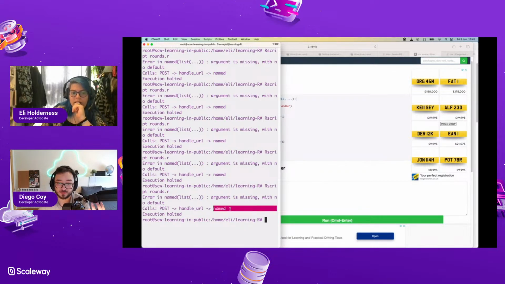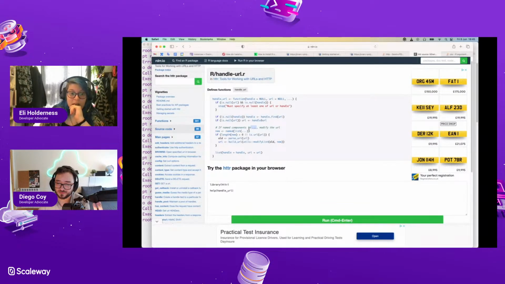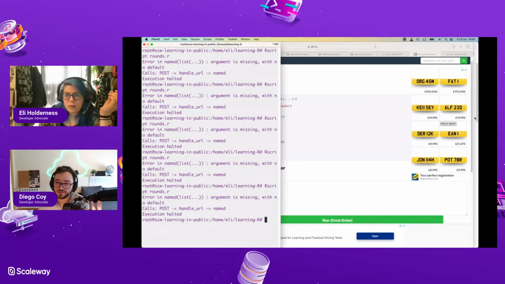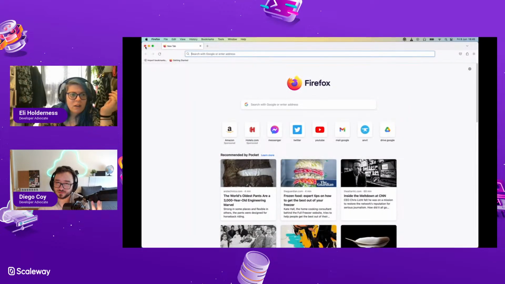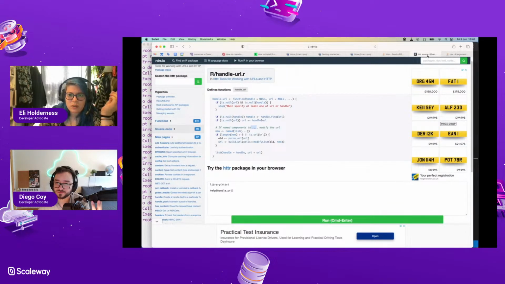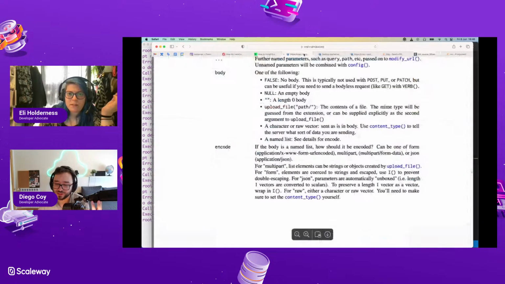And then it's calling this bit named, and that's saying there's an argument missing. So handle URL is supposedly a callback, right? So maybe it wants us to set a callback function. Right now it's set as null, but that should be fine.